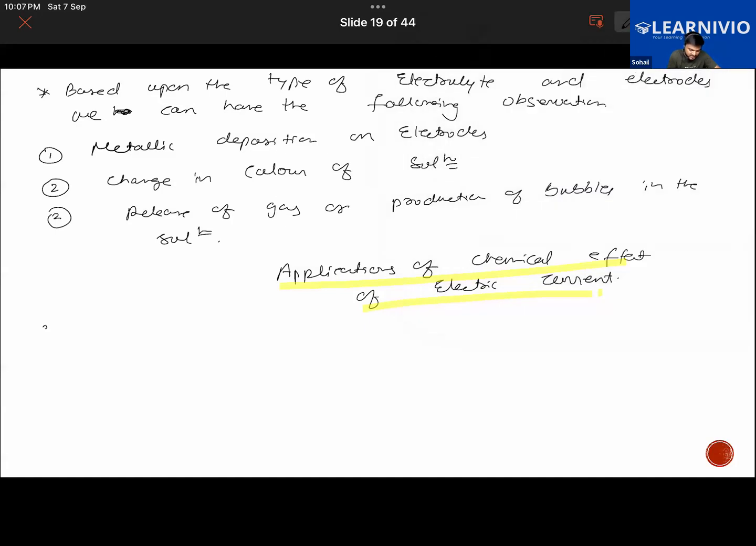The first application is electroplating. Next is that we can purify some metals also. So purification of metal. Then we can produce some metals from their ores. Now we can extract the metal from their ores. So extraction of metal